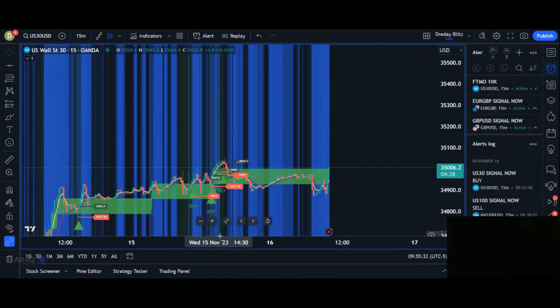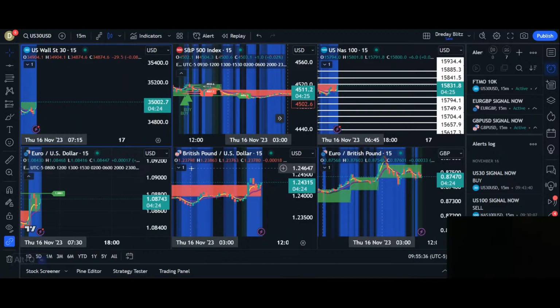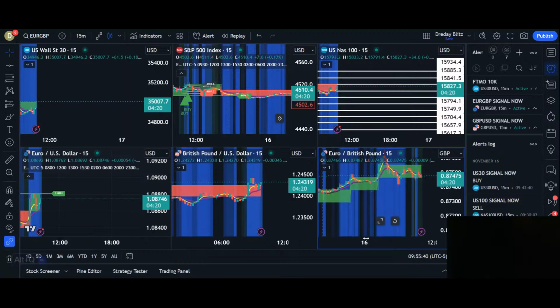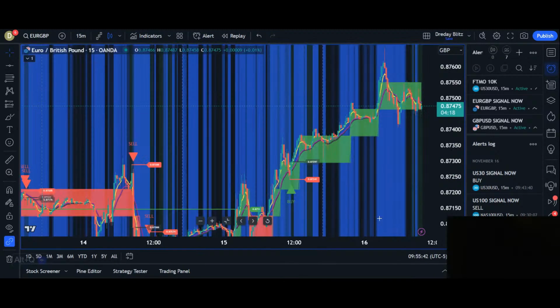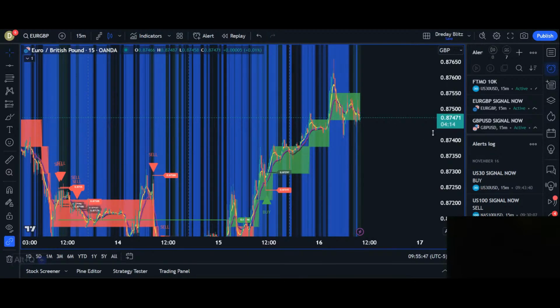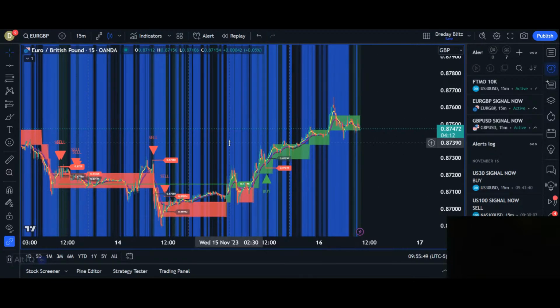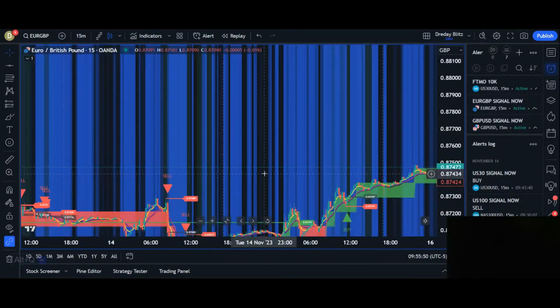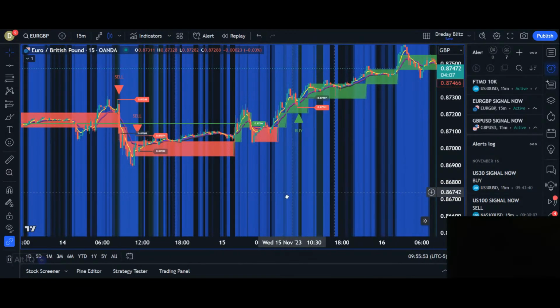We did receive a signal here a few minutes ago, so we'll reconvene on that. Let's look at the Euro GBP. Euro GBP is still bullish here, and as you can see, we had a buy signal here on Euro GBP